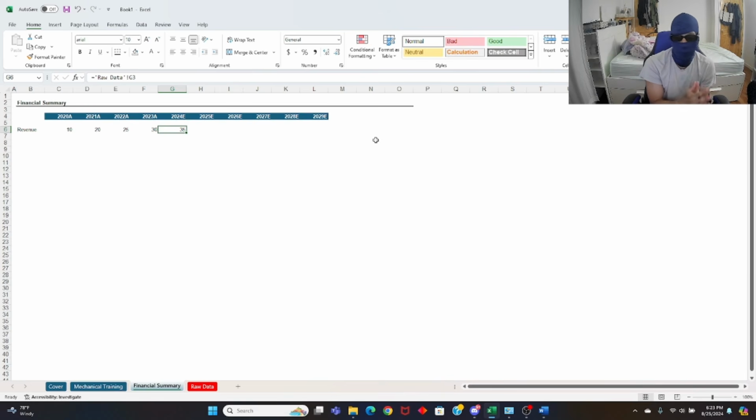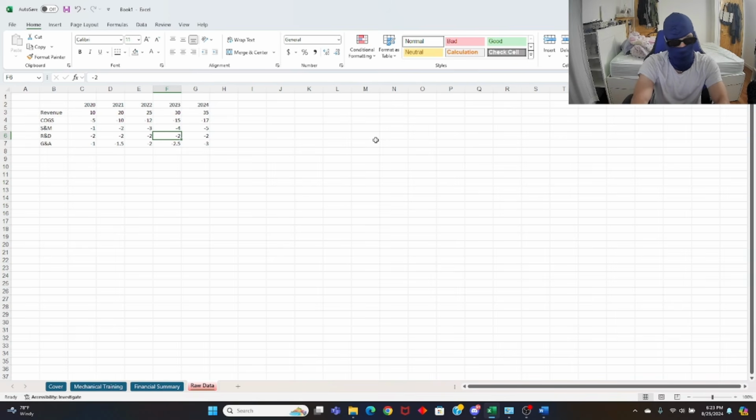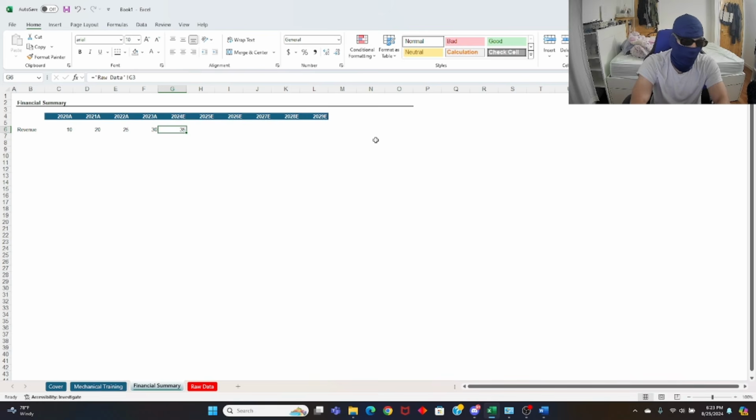And the issue is that if you mess with the raw data, no one's going to know how to check if you're doing it correctly, because you messed with the universal truth of things. So things need to link to the original source file so your superior, your associate, your VP could check if the things you're pulling into your model are pulling correctly. So that's why we're linking instead of just formatting this raw data tab. So now we only have up to 24. We're going to build the projections in a little bit.